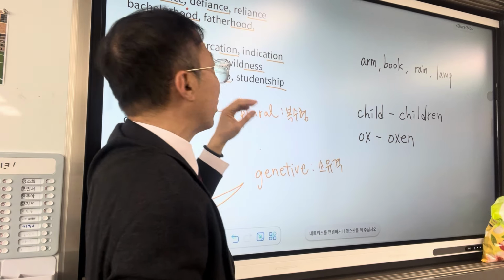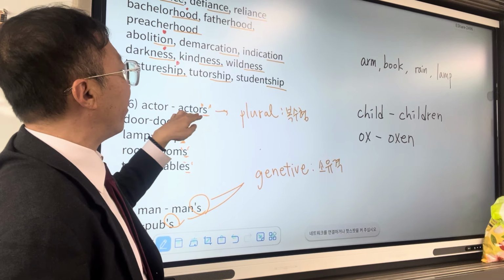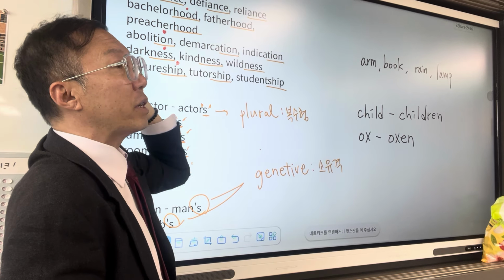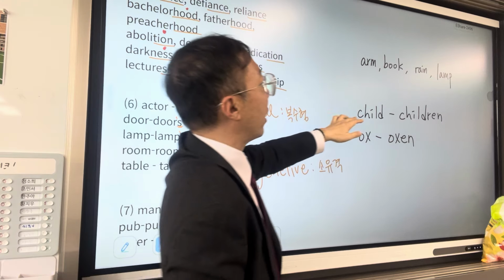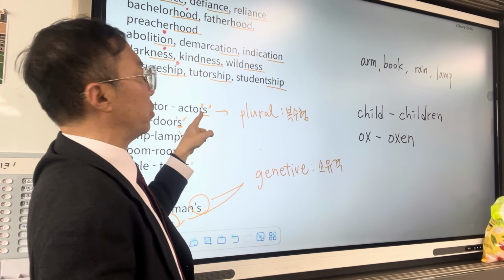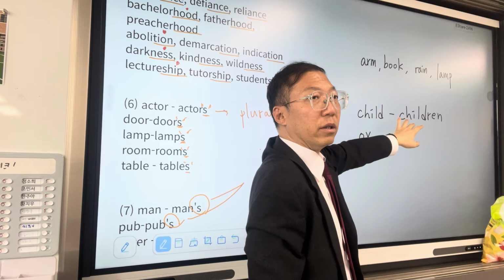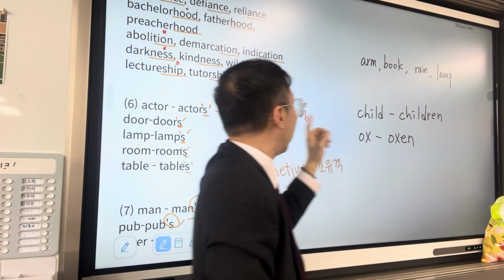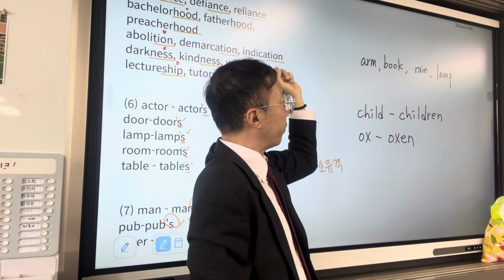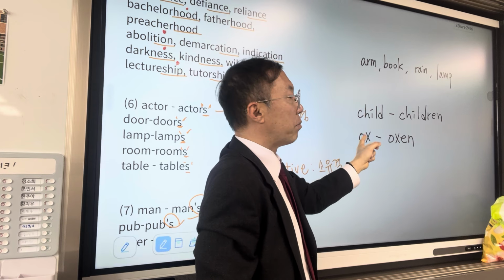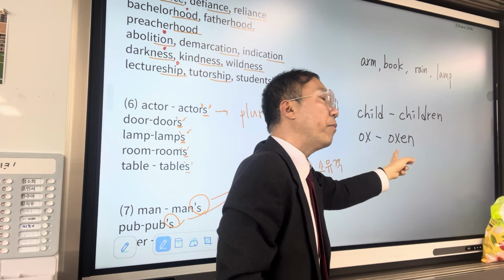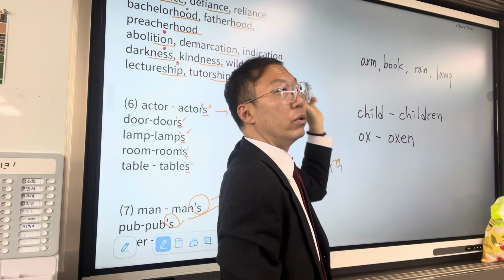Also, the typical plural ending of s represents that they are noun classes. However, there are also exceptions, such as child. The plural form of child is not childs. The plural form is children. They have a different form for the plural. However, child still belongs to the class of noun. Case of ox. The plural form of ox is not oxes. It's oxen. But they still belong to the noun classes.